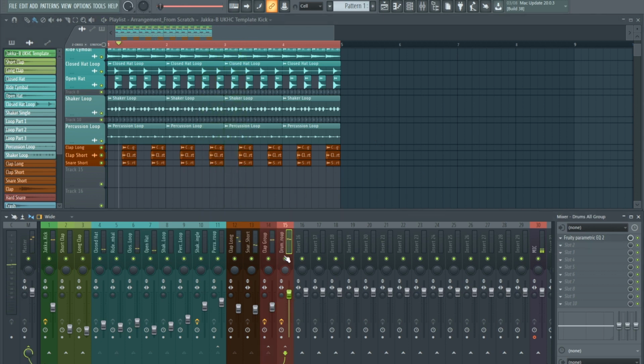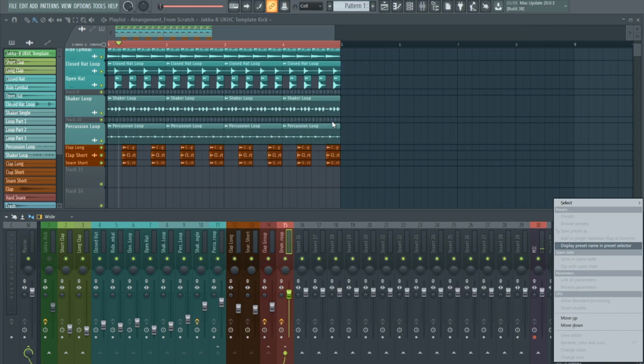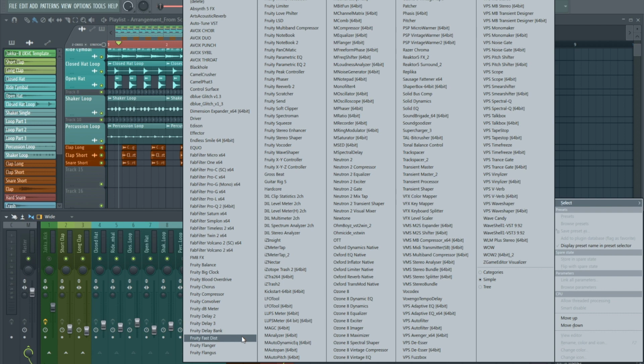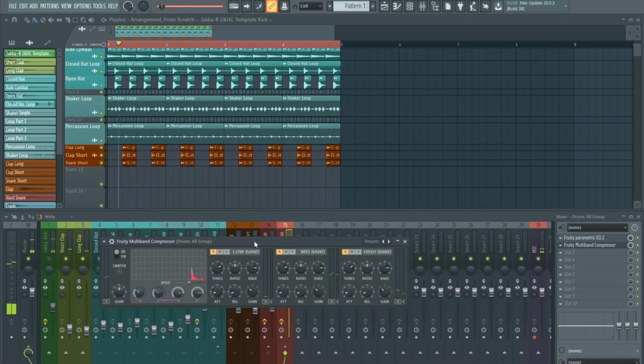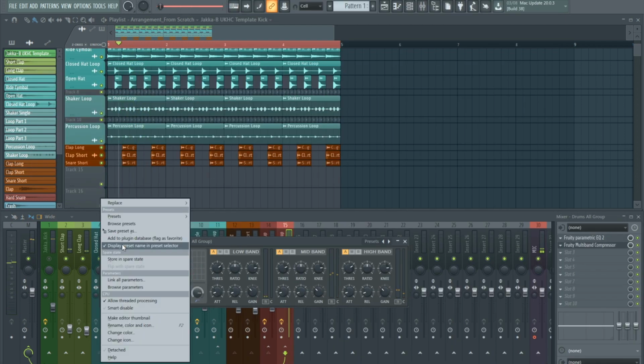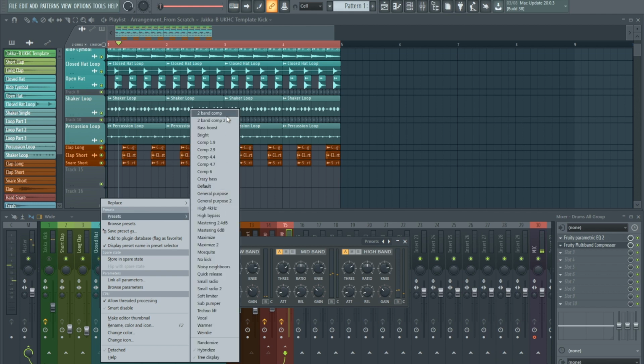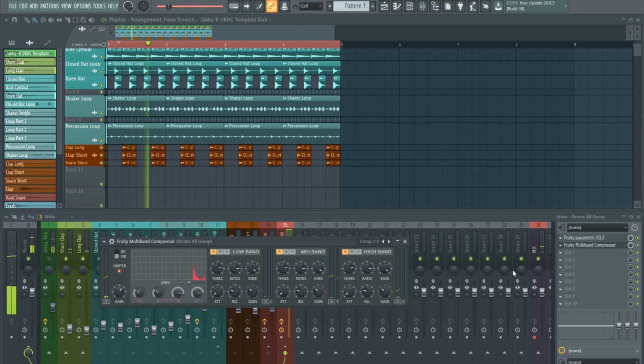And then on this drum group, mute the kick. I'd add some light compression just to glue them all together. Again, it doesn't have to be something you add compression to. And I kind of like this multi-band compressor if I had to go with any of the standard FL plugins. And then there's, I think it's the 2.9, which is kind of,